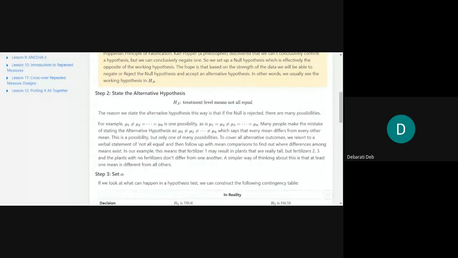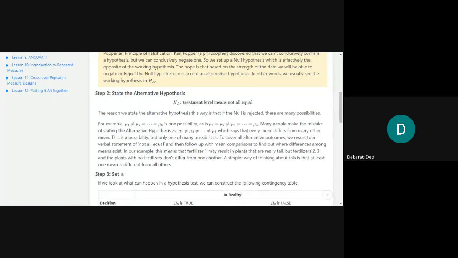Okay, that means all will not be equal, but also 2 or 3 can be equal. Or we write "not all equal," because some may be unequal while others can be equal. And then we follow up with mean comparisons to find out where differences among means exist. In our example, this means that fertilizer 1 may result in plants that are really tall, but fertilizers 2, 3